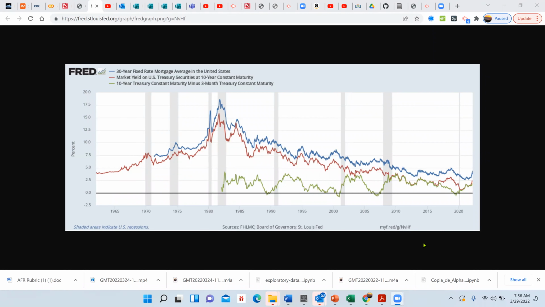But I actually got real lucky. I locked in my mortgage right at the bottom with the 30-year fixed. That means I'm always going to be paying 2.8% interest rate on my house, no matter how high the rates go. It's really great. The power of interest when you buy a house.